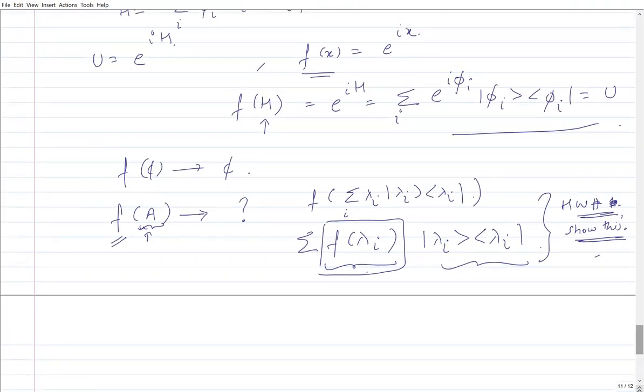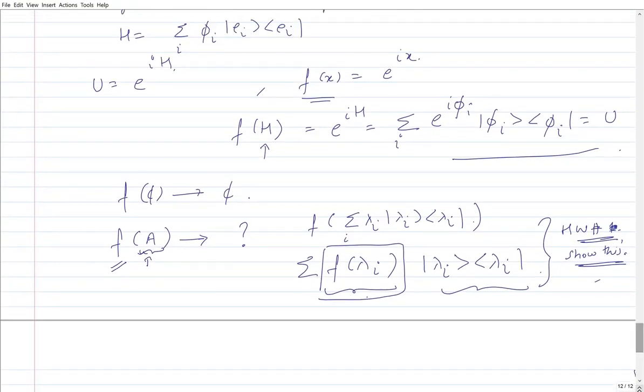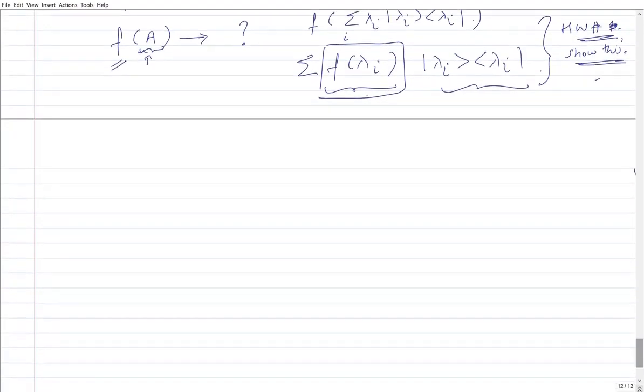So for example, there might be several ways of showing this. Yeah, so we'll see that, we'll take up that as a homework problem. Okay, so